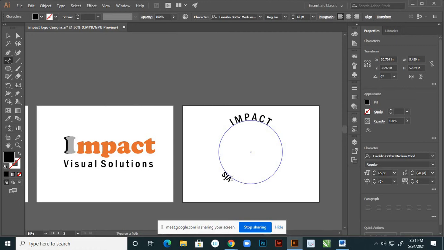Yes, caps I want. Solutions. Visual solutions, right? So with this selection tool,